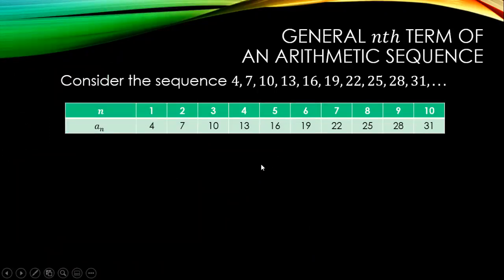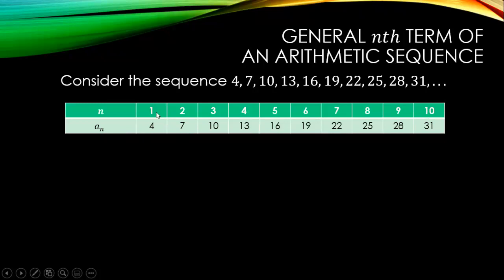Okay, so let us find the general nth term of an arithmetic sequence. Let's consider the sequence 4, 7, 10, 13, 16, 19, 22, 25, 28, 31, and so on. So let's write it in a table. The first row is the number of terms, and the second row is the terms of the